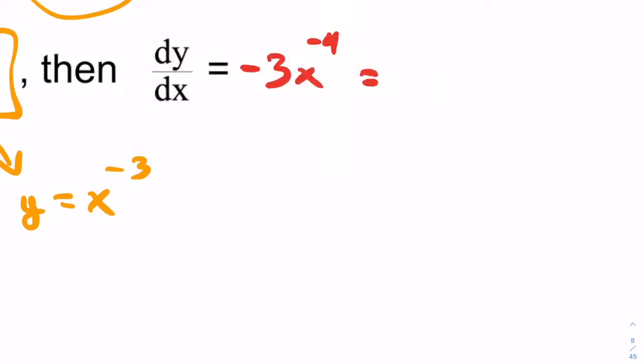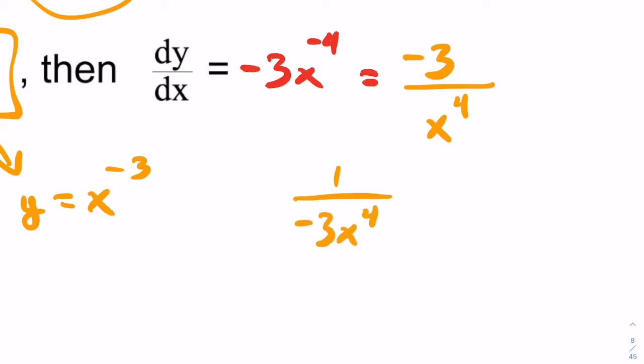Okay, so x is being raised to the negative 4th power, so I know that x is going to go down below to the 4th power. Now, negative 3 does not have a negative exponent, so negative 3 has to stay where it is. Okay, oftentimes I see students do this. Okay, that negative 3 does not have a negative exponent here. The only thing being raised to the negative 4th power is that x. Now, if it was written like this, where everything was raised to negative 4th power, then yes, you would bring